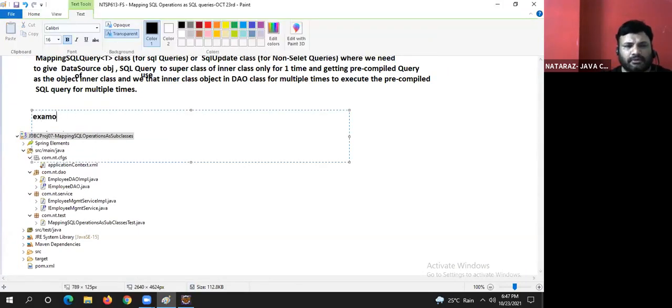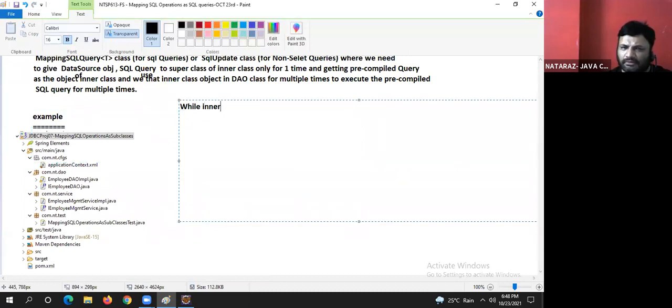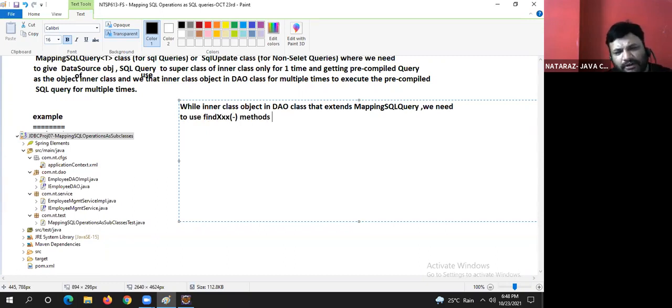Example. While using inner class object in DAO class, in DAO class that extends from mapping SQL query, we need to use find triple X methods to execute and process